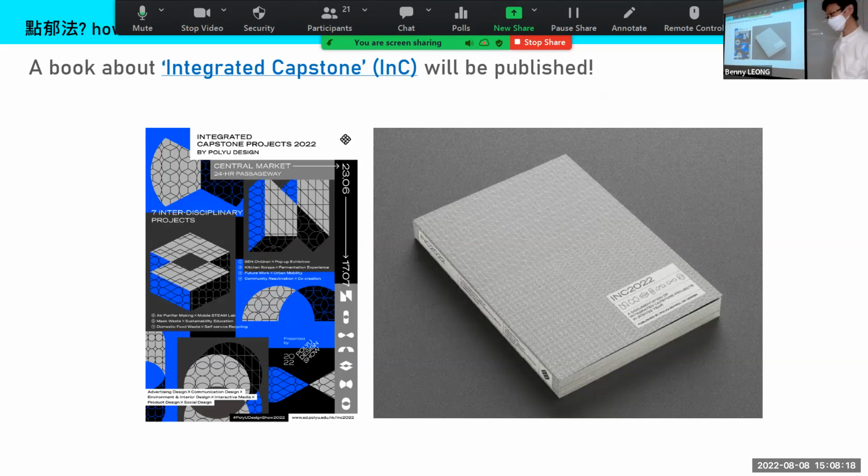Not only that, with the help of Alvin, Camfrey and Thomas, the integrated capstone from last year is now preparing the publication of a book. This is important as a record of your contribution, and as an opportunity to share with Hong Kong people and even people around the world what you see, what problems you want to deal with, and what the possibilities are.